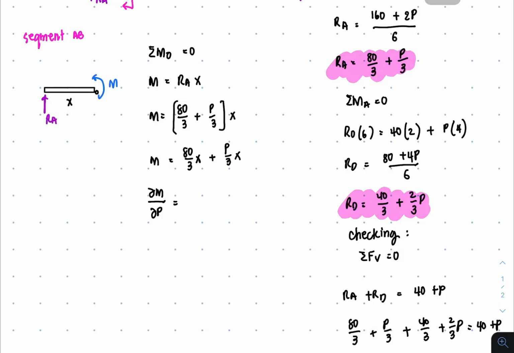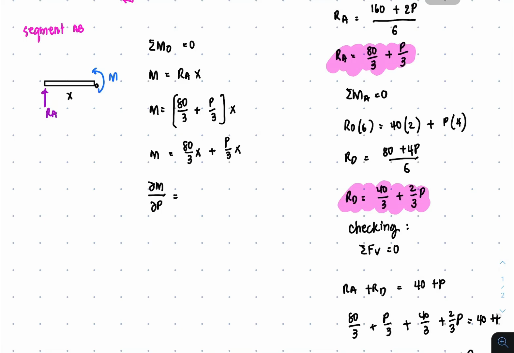Okay, so we're going to set this term here to 0 because that is partial differentiation. It's going to be considered as a constant, and the derivative of a constant is 0. Then this term will now be considered as the variable, since the variable now is P. In this case, the derivative of 1/3 x of P is equal to